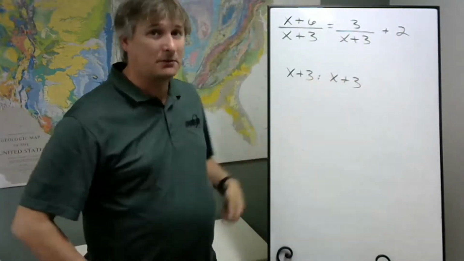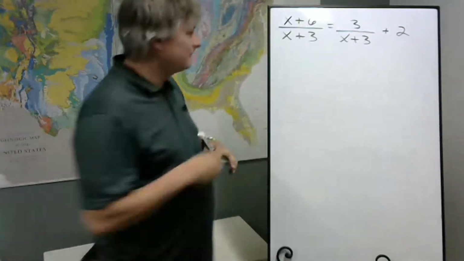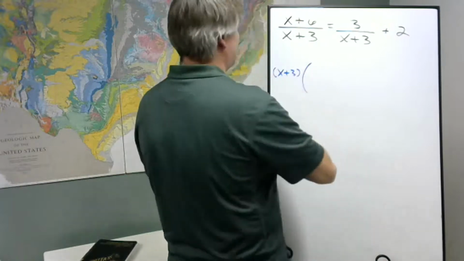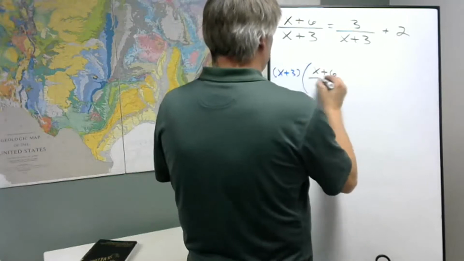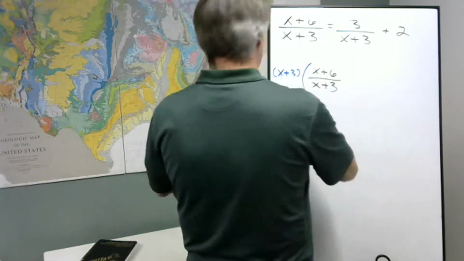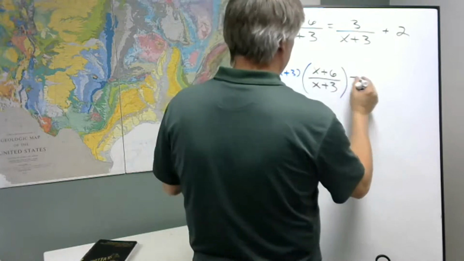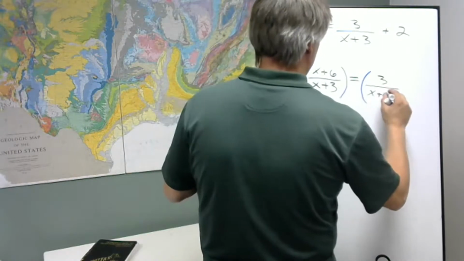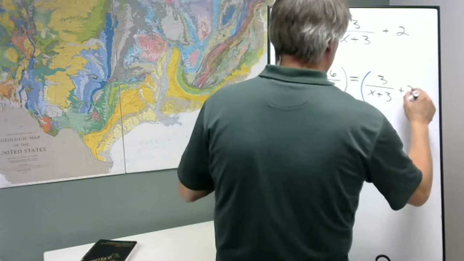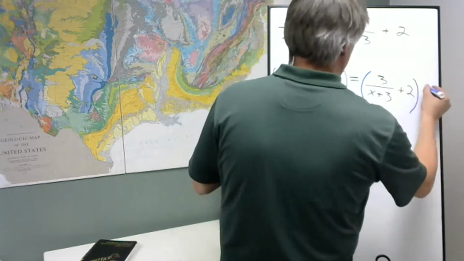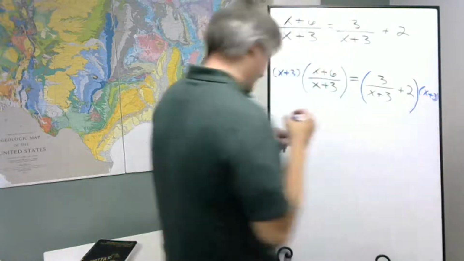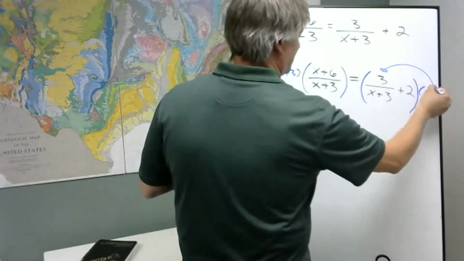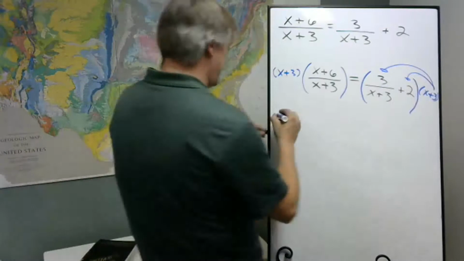So we're going to multiply through by x plus 3. Now, again, the goal is we want to get rid of these denominators. We're going to distribute this to here, that term and that term. So what we'll get